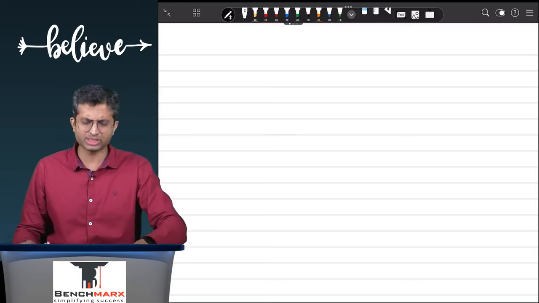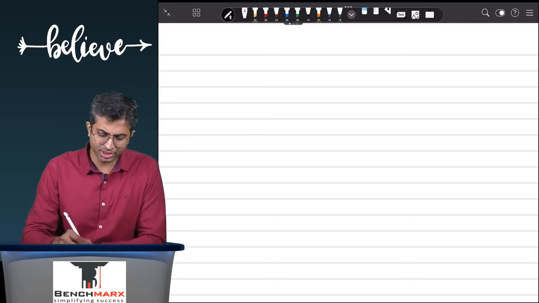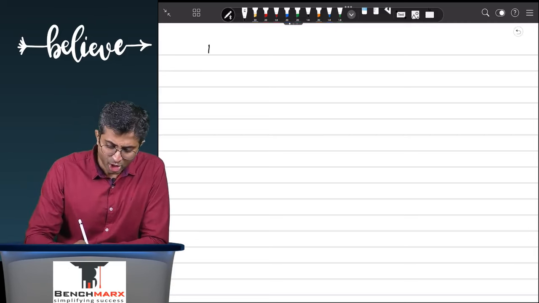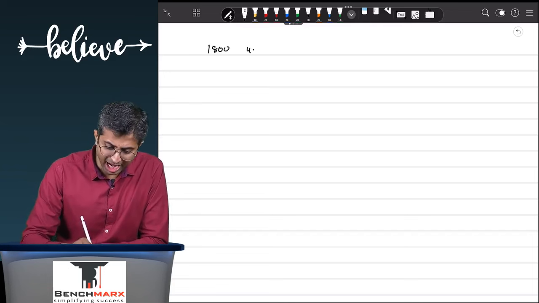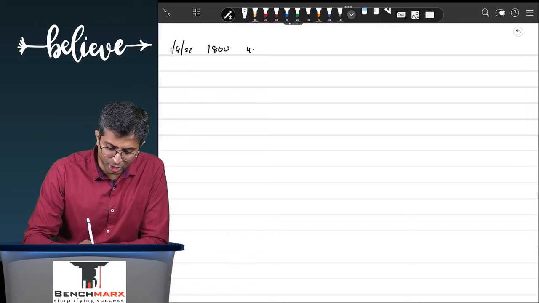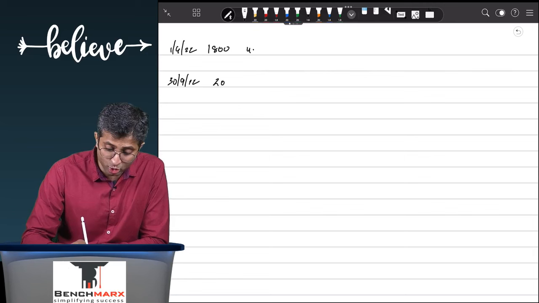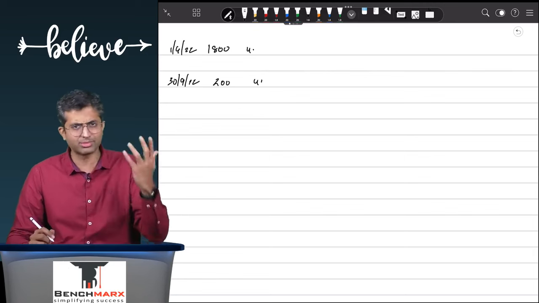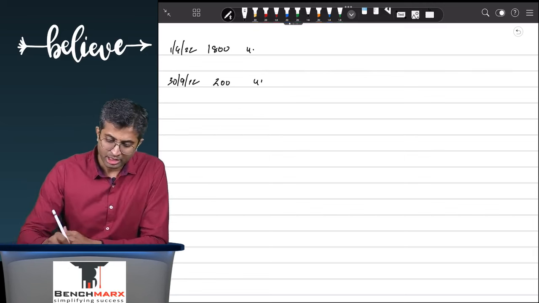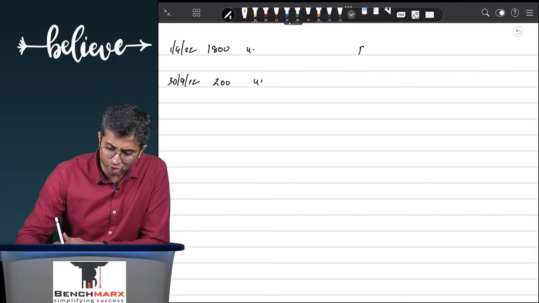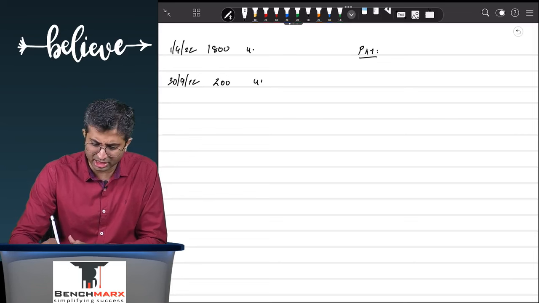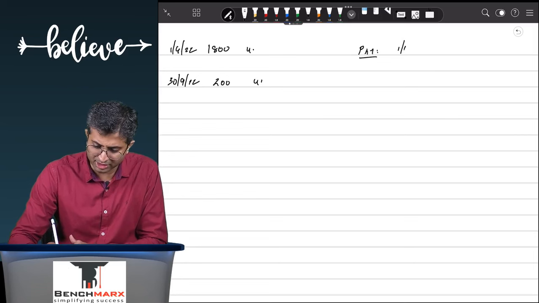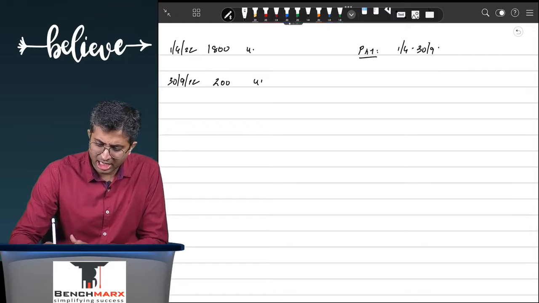Now, what is dividend equalization and why is it relevant? For simplicity, let us say there is a mutual fund which has 1800 units in existence on 1st of April 22, and then on 30th of September 22, let us say another 200 units are issued. You can also redeem them, but let us say they are issued. Apart from that, the mutual fund had a starting NAV of 10 rupees, and the profit after tax, let us say for the first 6 months, that is 1st April to 30th September, is